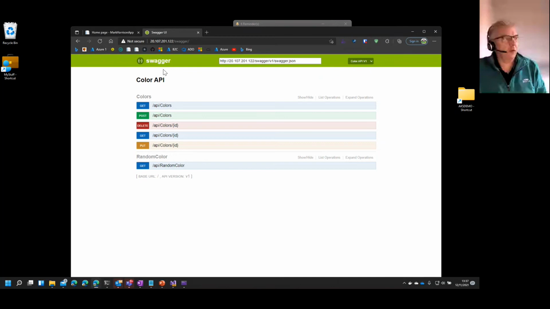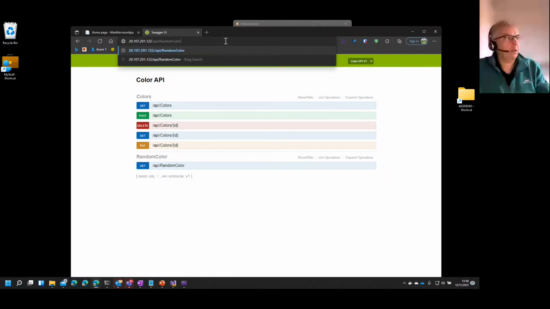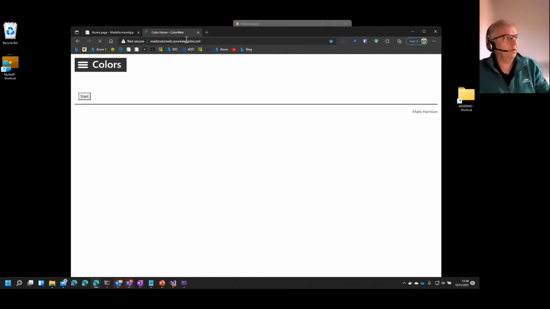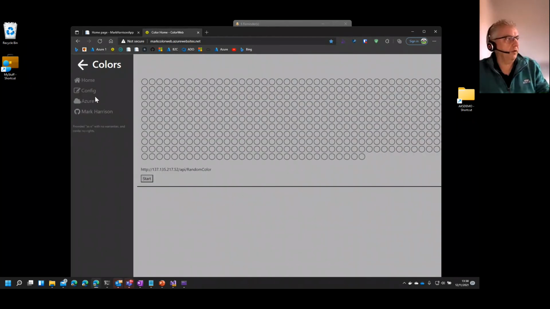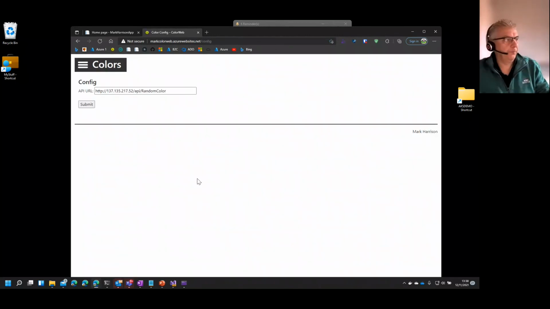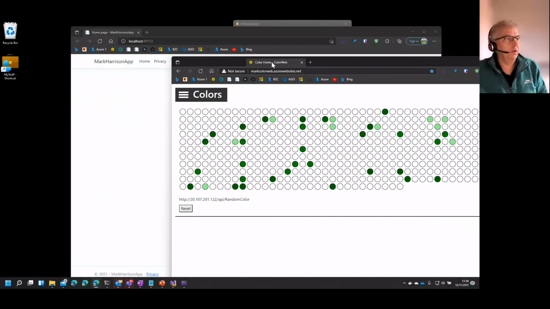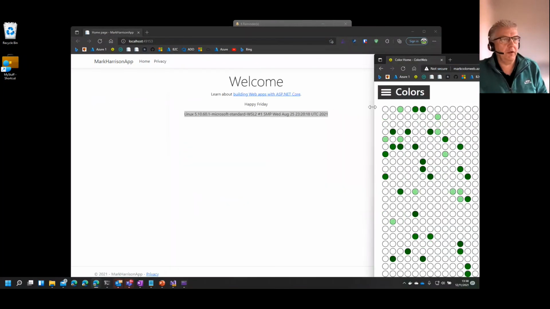I'm just going to the Swagger UI. We've got a random color coming back. So what I've got is, if I take that URL and go to this little test harness, what I can do is configure it. Okay, so we're hitting that API and we're coming back with a random color and we're just lighting up one of those lights. And what I'm going to do is just put that to the side